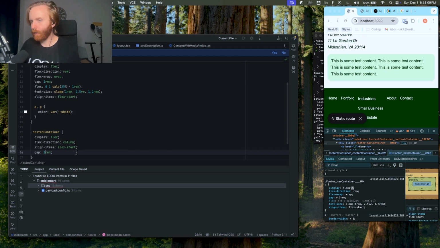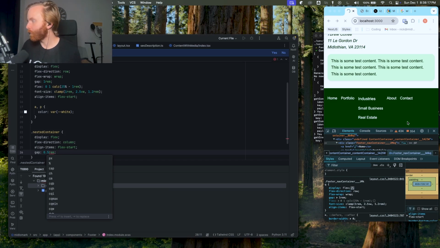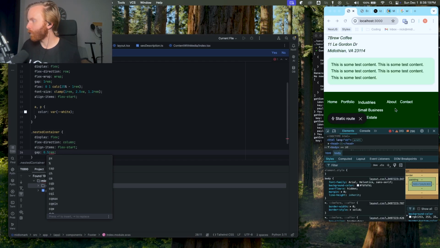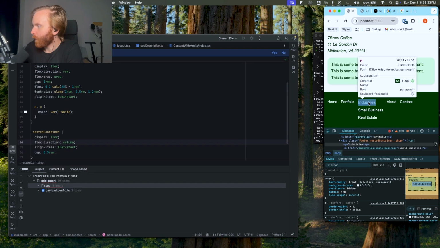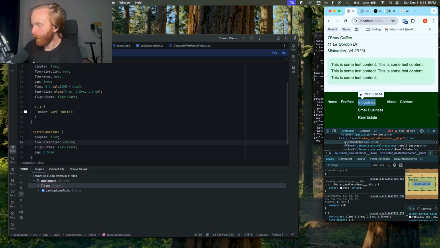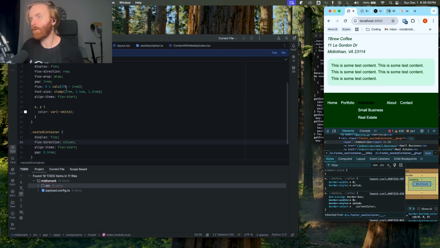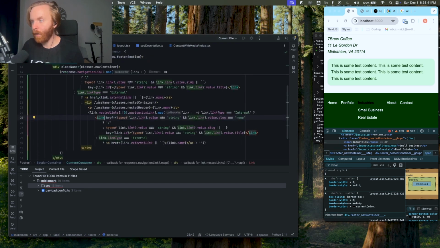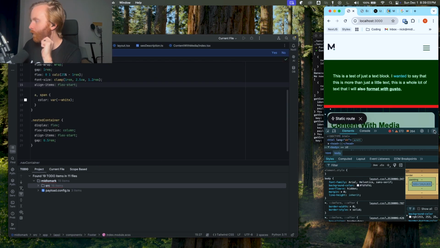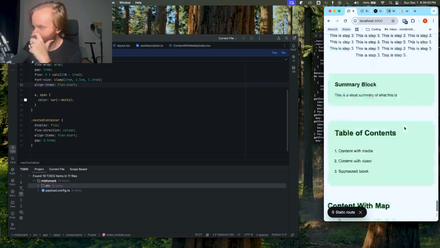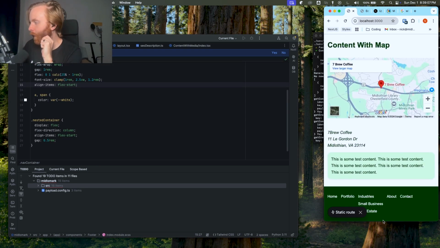So I don't actually like that. Probably a little too much. So we can do 0.5 rem. And that looks a little bit better. So maybe if I set our P here, let's see if I can do it here. Just do a span instead. Yeah, so if we set it to a span, so it's in line, hopefully bring me to the bottom, it will not. All right, so now